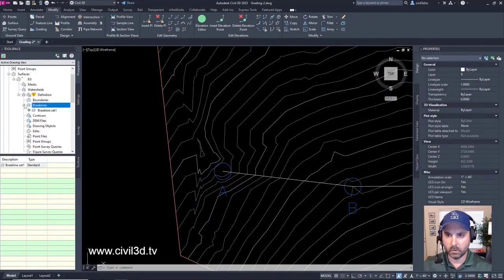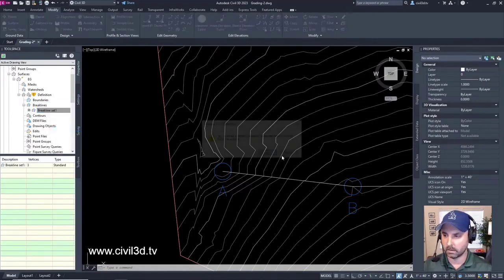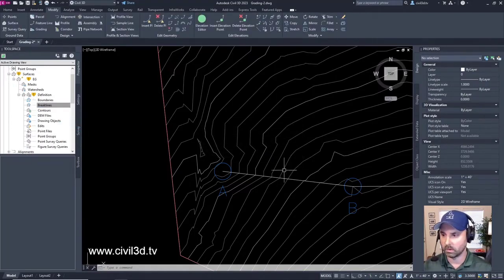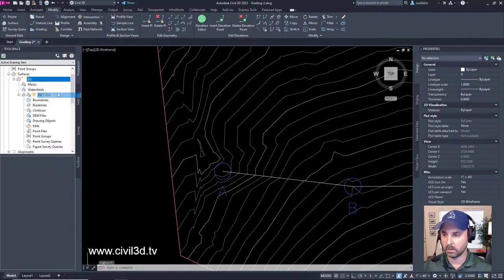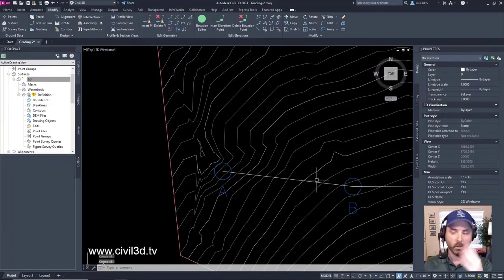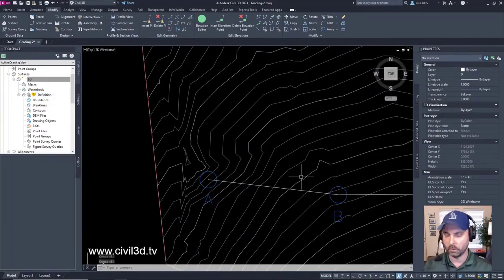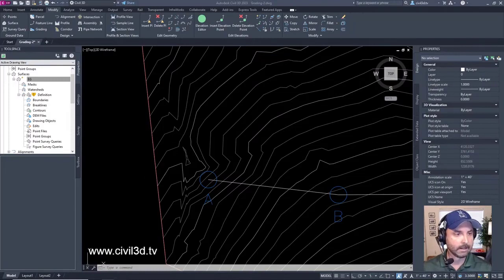What I'm going to do is select this and delete it. Don't want this no more. And then I'm going to right click, then rebuild. And it goes back to the way it was. So that's what you have to do with a feature line. If you want to add it to a surface, you need to add it as a break line. Okay. Next.